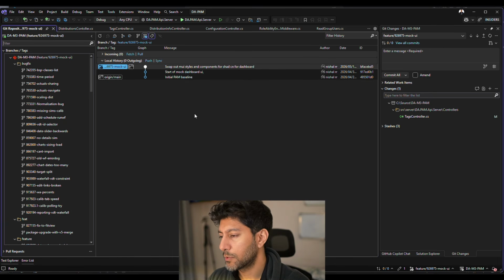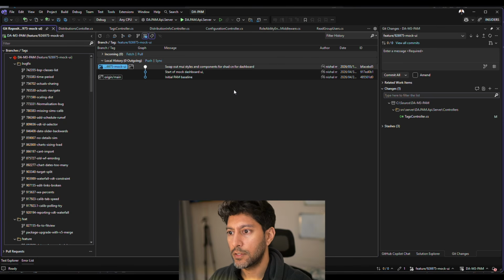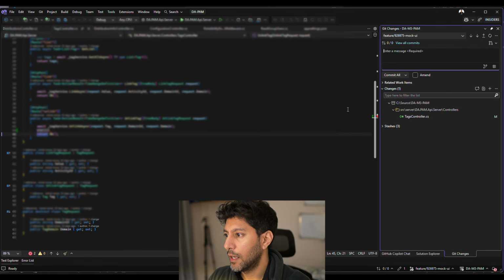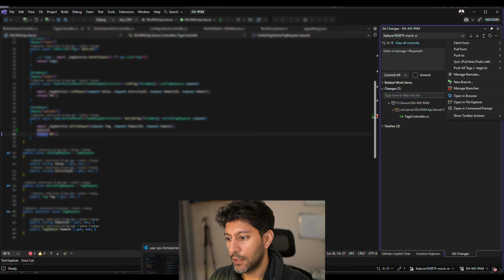And one thing I noticed with Visual Studio is that I had to come here and fetch first. If I needed to pull a branch into my current branch, or pull from main, I always had to fetch first and then pull, which was slightly annoying. I really like it. I used it a lot as well. I switched from Git Extensions to Visual Studio, and most recently I switched to VS Code, and I'll show you